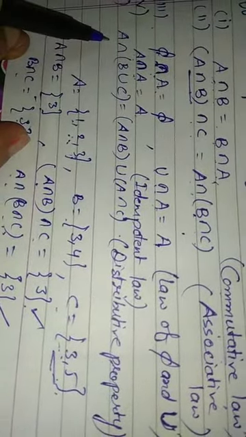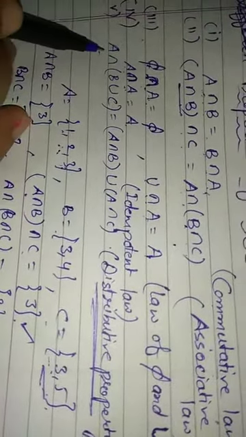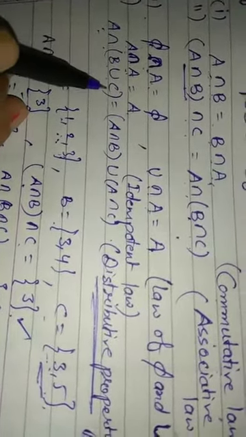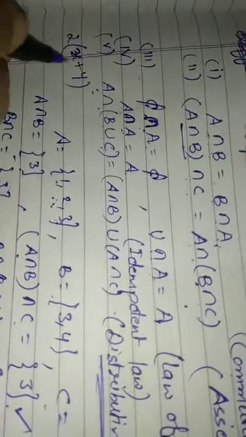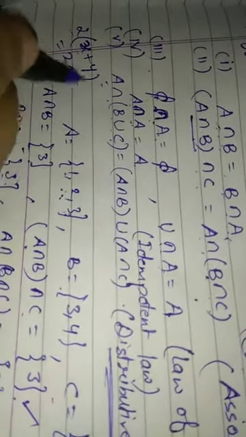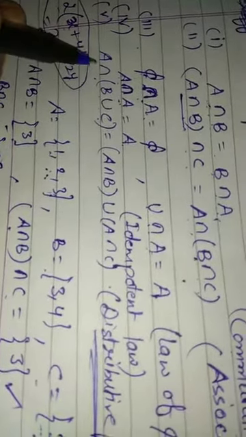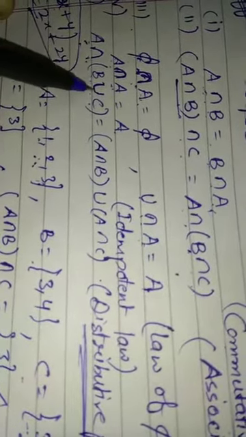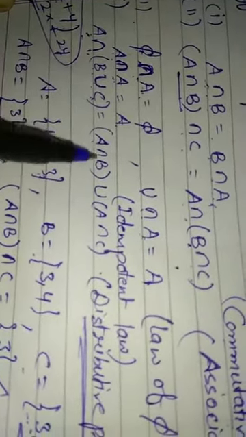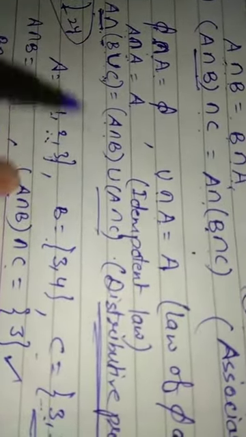Okay. Now distributive property. You read about distributive property in lower classes. So A intersection B union C. Suppose 2 into x plus y. You multiply 2 with x firstly plus 2 multiply with y. Then this is the distributive property you read in lower classes. Similarly here A intersection, here intersection, then here union. Then A intersection B union C is equal to A intersection B union A intersection C. This is called distributive property and you can show by taking any example.